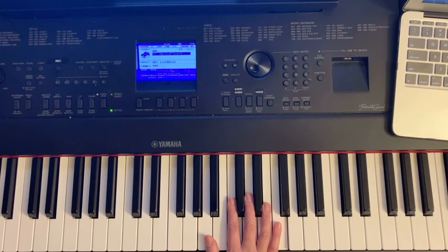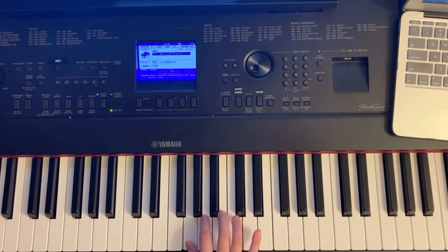2, 3, 1, 2. A, C, D, E, F, E, D. Move your fingers. B, G, A, B, C, D. Switch to 3 on A, G sharp, A, B, G sharp,